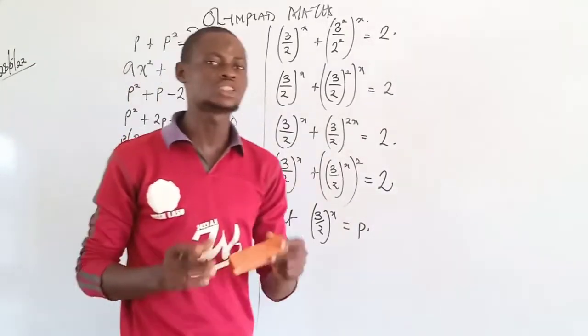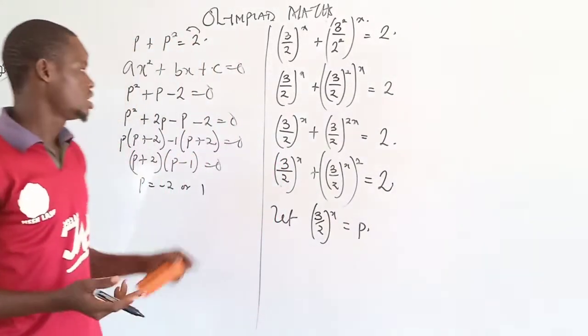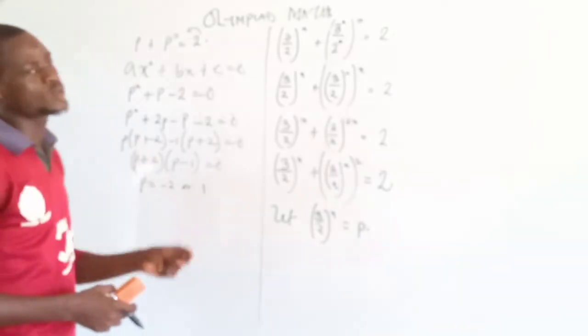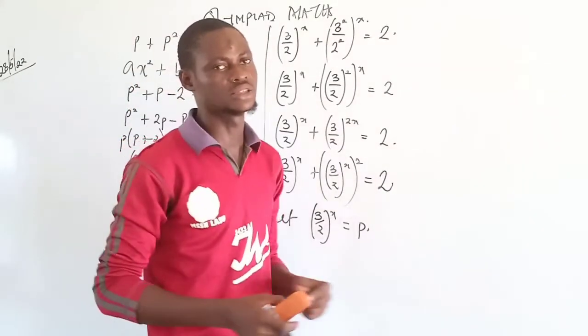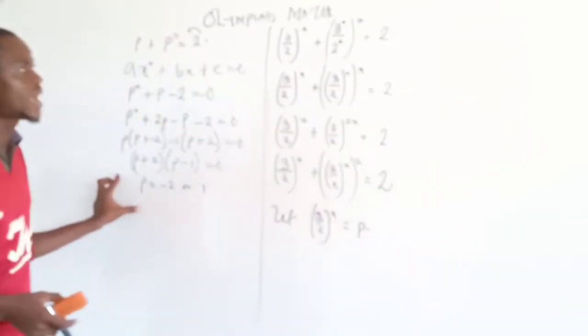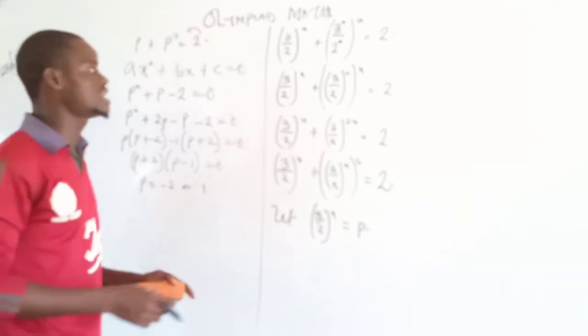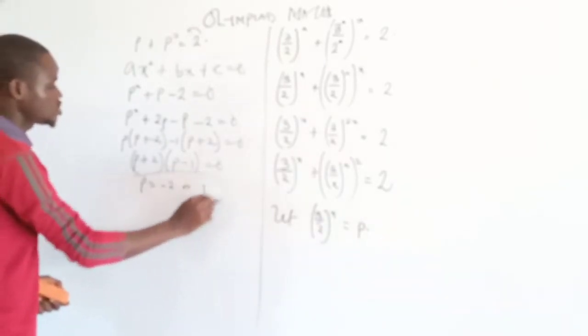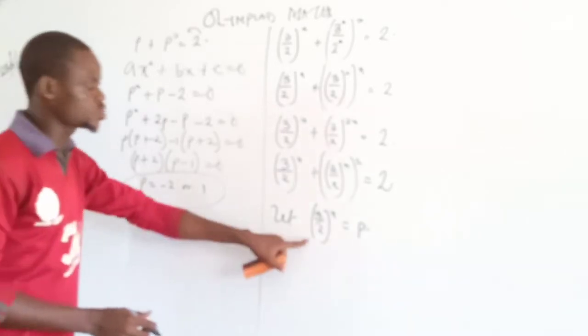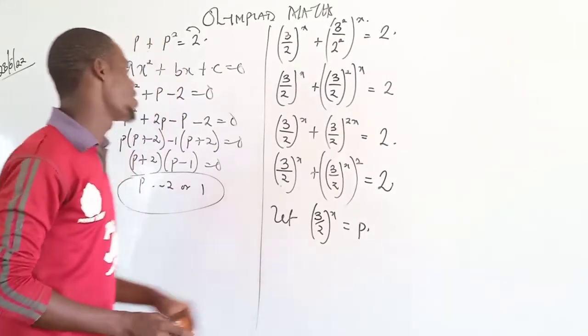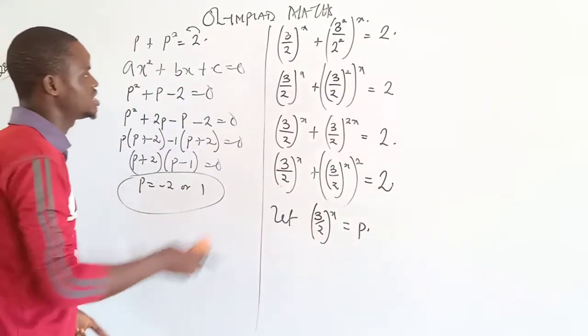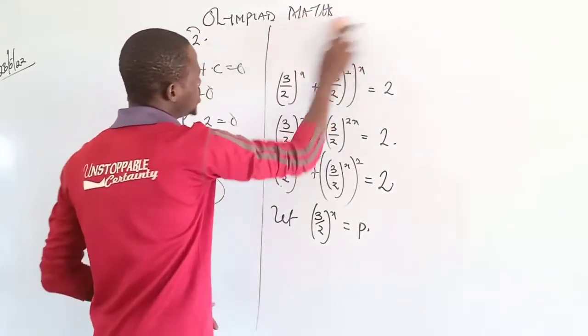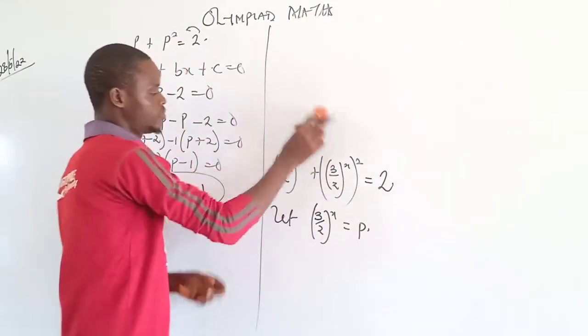Now, if you have already gotten your p, the next question is how can we get our x? Because the question said find x, not find p. But I've been able to get p. Now, one thing I want you to understand is that you are going to substitute this p value back into this thing here to solve. Now, if I return back to this place, I can easily remove this. I think I'm done with this. Now, if I return back here,